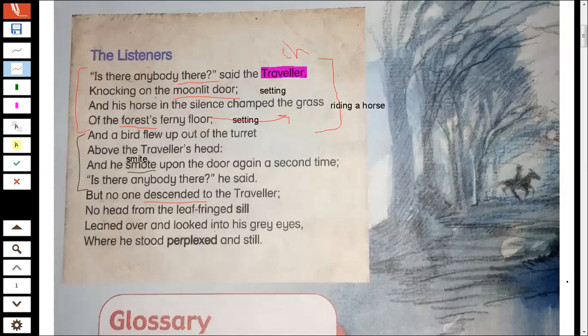Leaned over and looked into his gray eyes. So no one looked at his gray eyes. Is there a person with gray eyes? Sure, it doesn't mean literally gray eyes as much as he means that the moon is reflecting on his eyes that may